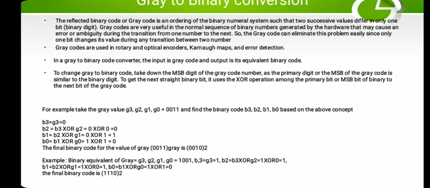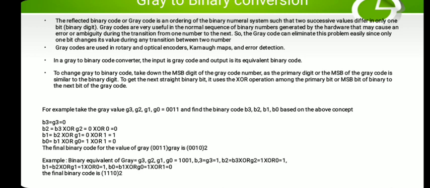The first step is to take the MSB as it is. If you have a 3-bit binary number or 3-bit gray number, take the MSB as it is. Then what to do? The next step is different from binary to gray conversion. In the next step, after taking the MSB, which is the first bit of the binary code, whatever result you have obtained, suppose I have obtained 1 or 0, that result